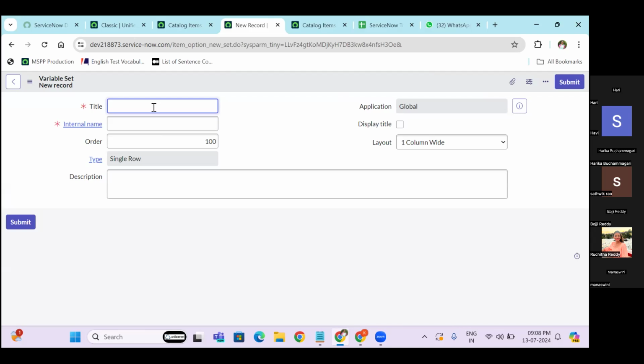So let's give a name like cloud services. The internal name is the backend name which we give. And if you just see here, layout is how the variables you add should look. Either it should look one column wide, or two columns wide and alternate sides, or two columns wide one sided, then other, like that. And then once you save this,